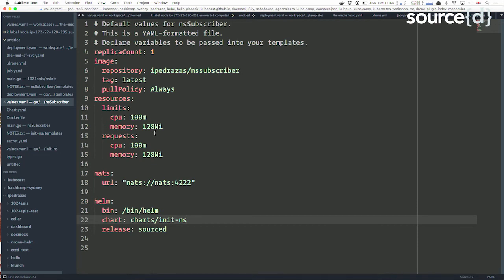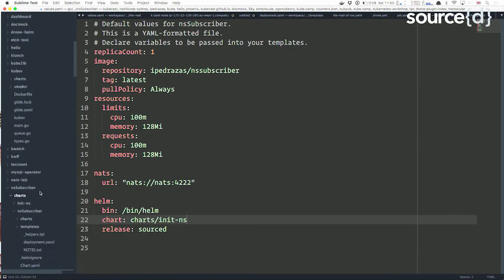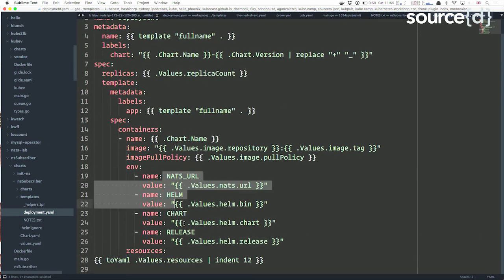This is the important bit that you want. This is my chart for deploying the operator subscriber, right? That's what you spend time trying to figure out. You don't write these kinds of things very often, so you add your env vars or your secrets, but Helm helps a lot.